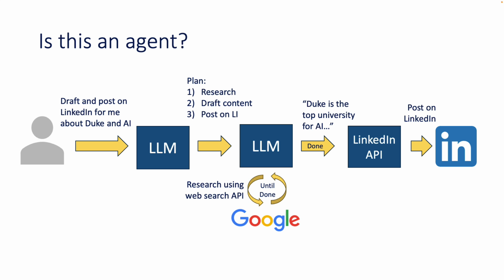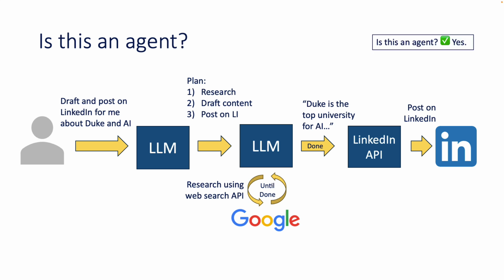So the LLM then is going to repeat this loop. This loop then will continue until it's done, and then the LLM is going to move on to the next step, draft the content, and it drafts the content. It then determines, is that step done? Yes. Okay, move on to the next one. Post on LinkedIn. Is that step done? Then yes, it is. So this agent plans, it acts, and this observe part, this is the key idea. This observe is going to then observe the action and determine if the action is sufficiently completed before moving on to the next step of the task.